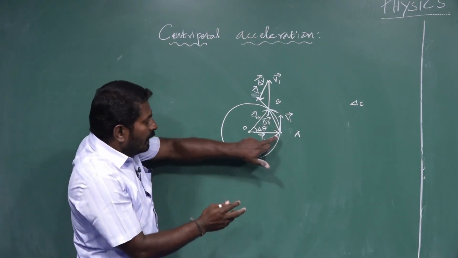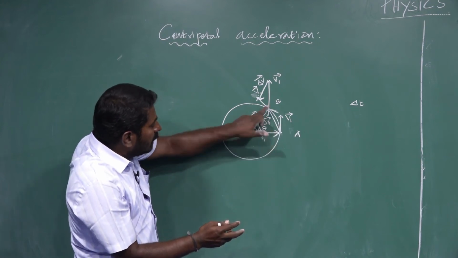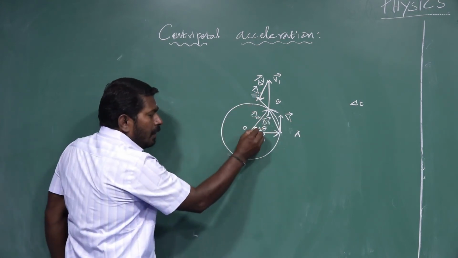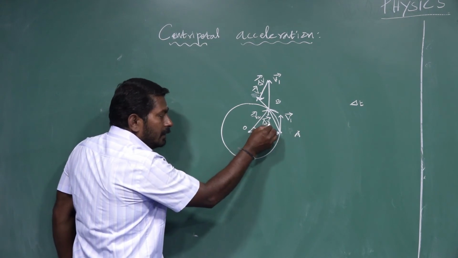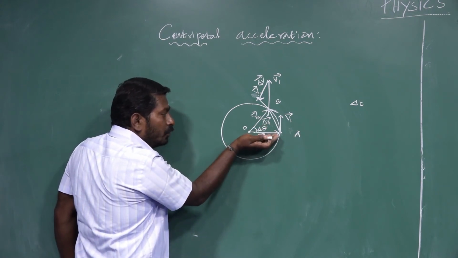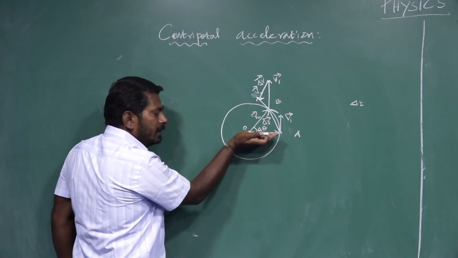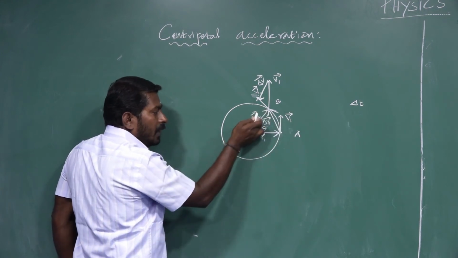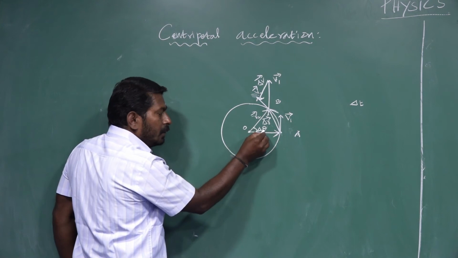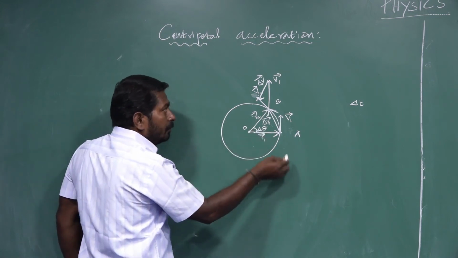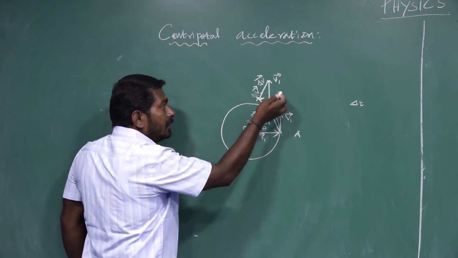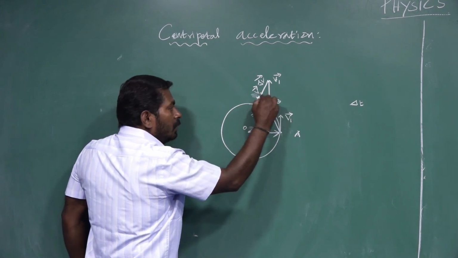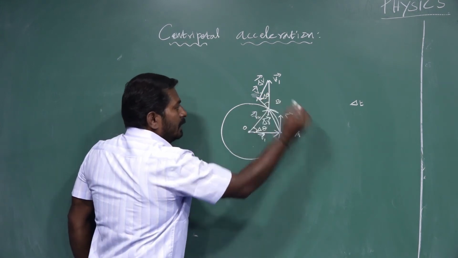In this case, a point object is moving along the circumference of the circle with constant speed but different direction of velocity. Delta theta is the shift produced by the position vector. Initially the position vector is r1 vector. After a del t time, we see the position vector r2 vector. The position vector is shifted through delta theta. It is the same thing for velocity: velocity changes from v1 to v2, and the angle made from v1 to v2 is the same angle delta theta.